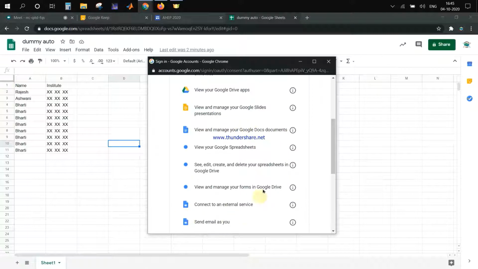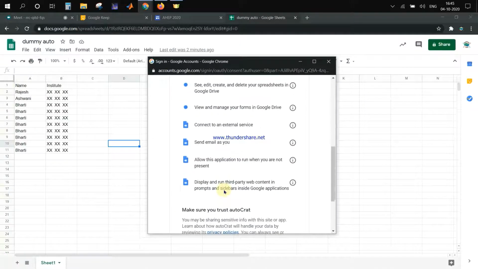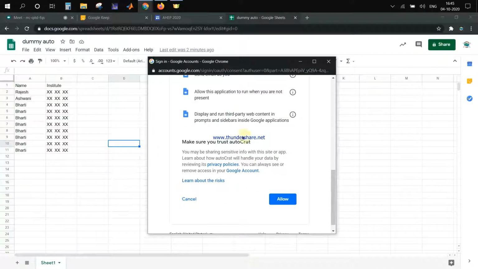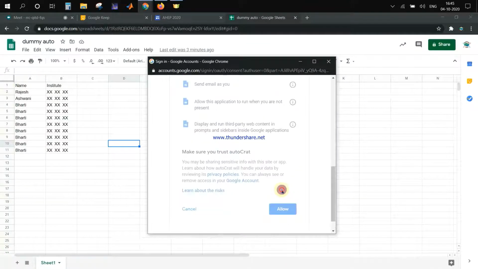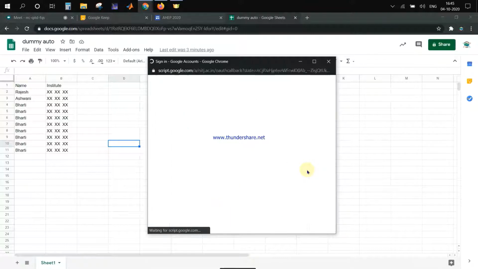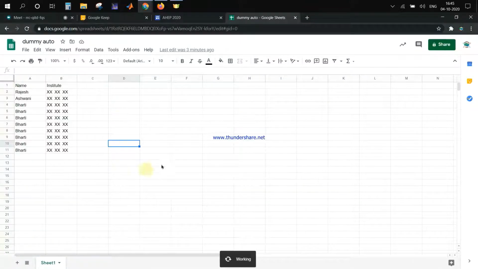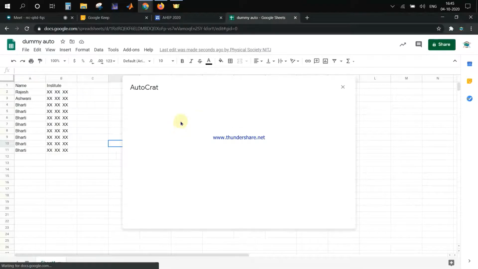Basically, it is asking for all the permissions, and in order to use this, I have to trust this app and hit allow. So I have allowed this app. Okay, now the application is open.